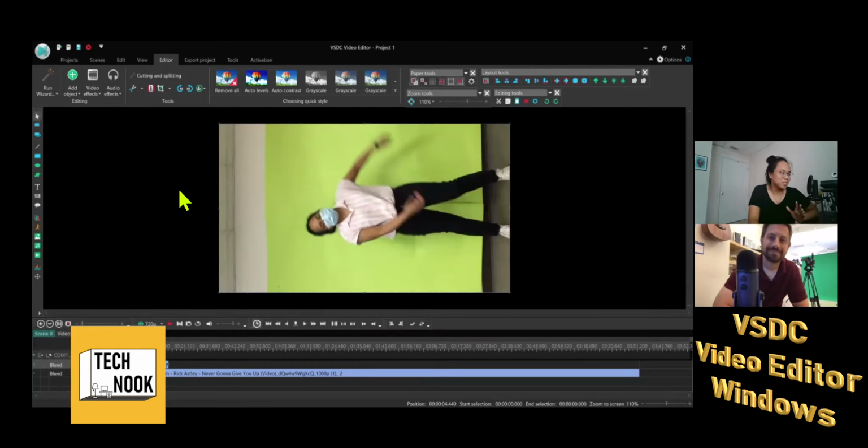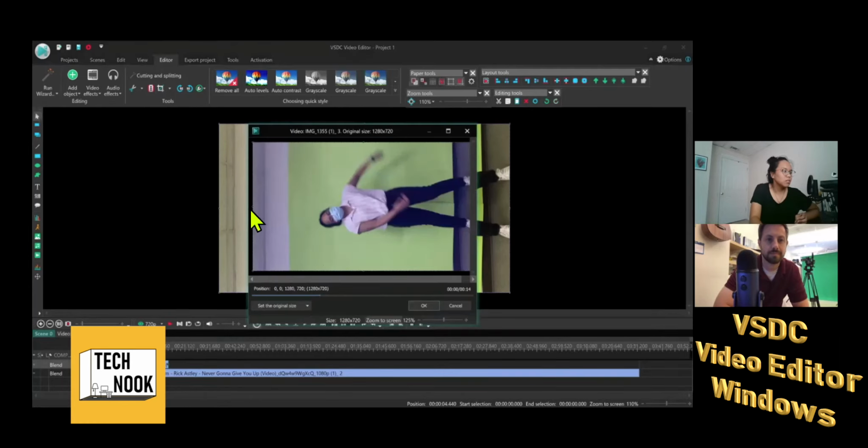So I'm sideways, and I'm going to fix that in a second. But before we do that, we need to crop the roof and where my feet are, which is why it's great to have an actual green screen, and you can have green on the bottom. So I'm going to click the crop button, which is right here.